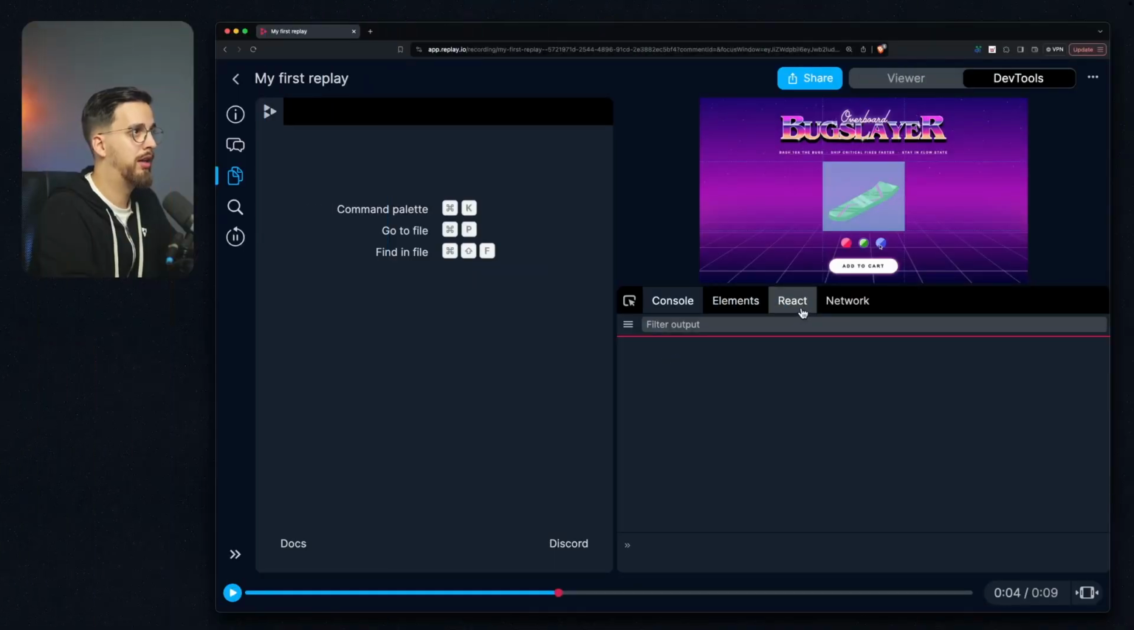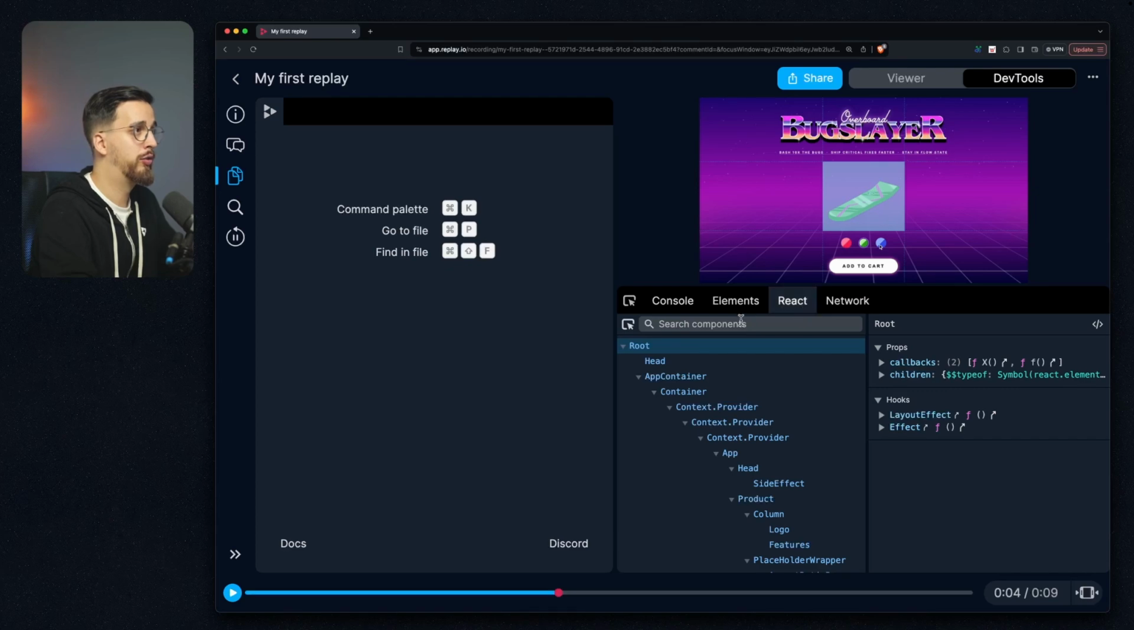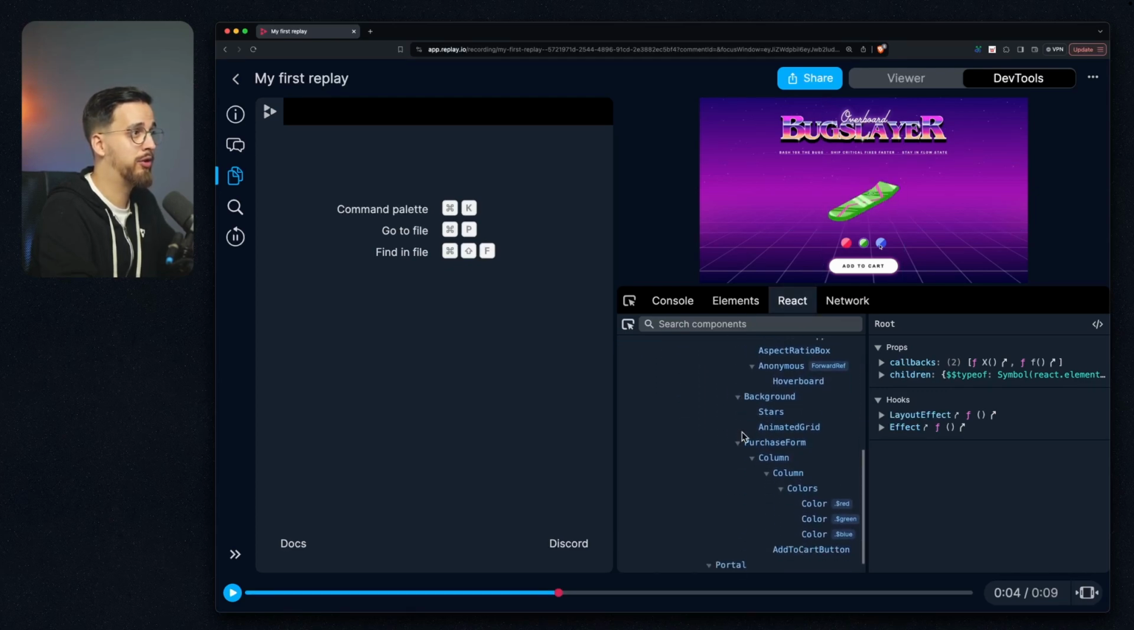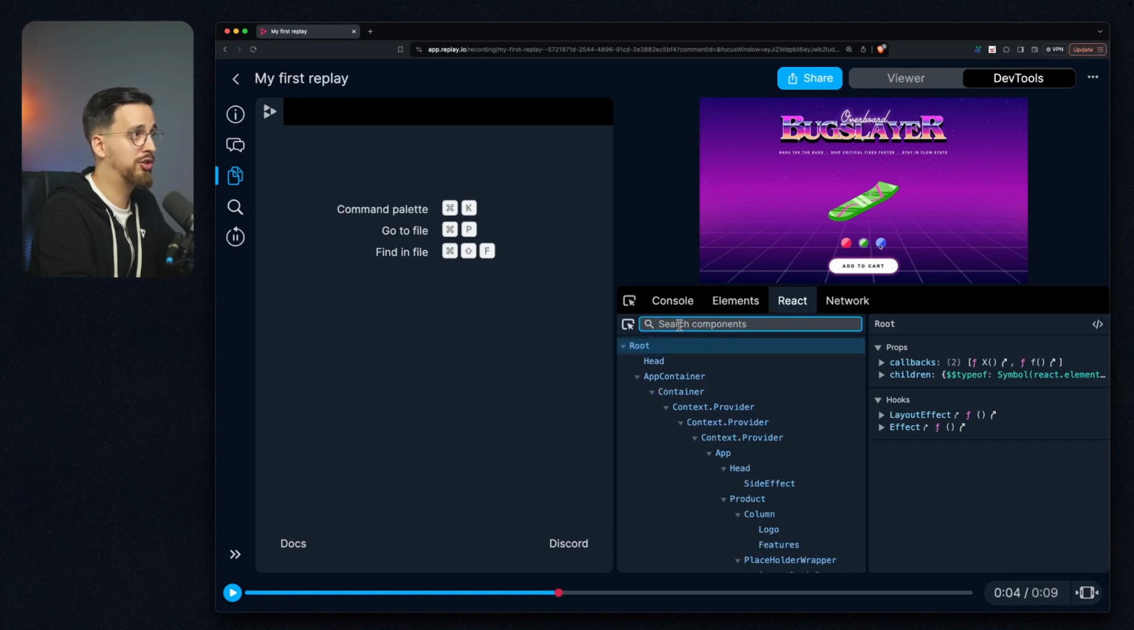One of the coolest features of Replay is the ability to examine your React components. You can inspect component properties, state, hooks, and see it all change in time. In Replay DevTools, I'll click on the React panel to review the component tree. You can scroll down and examine any of your components, or you can use search to find the one that